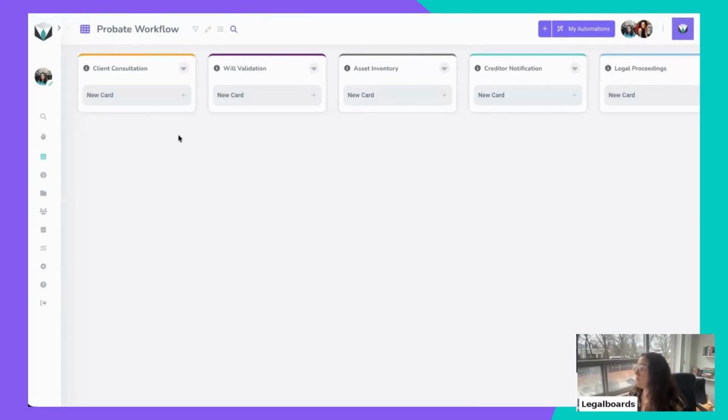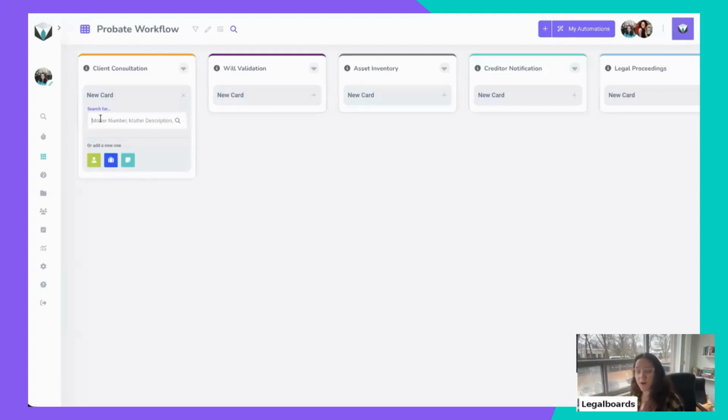Perfect. Now, what is the other information I have here? My steps, my sequences. So you're not gonna do asset inventory before you do your will validation or your client consultation. So don't skip steps. You know your steps. You can highlight information and details here to give to your team members so they know why you have each one of those steps. That's one thing. The other thing is, okay, I know my steps, but I have several different activities inside. How do I know each one of those activities?